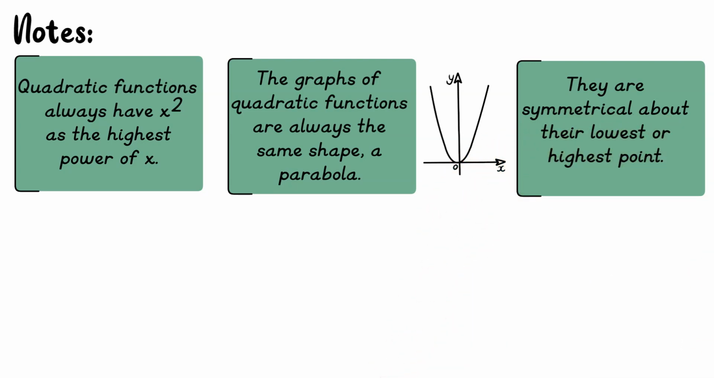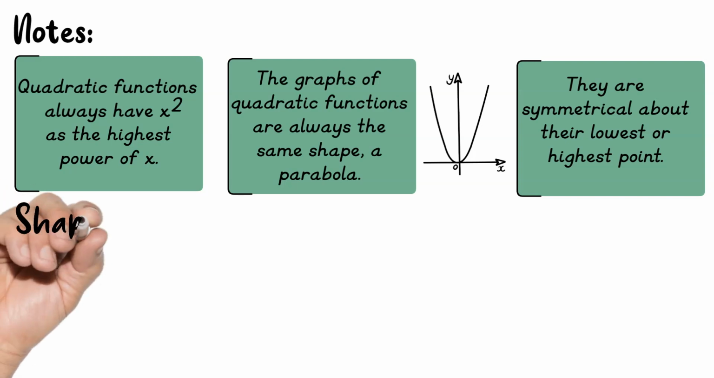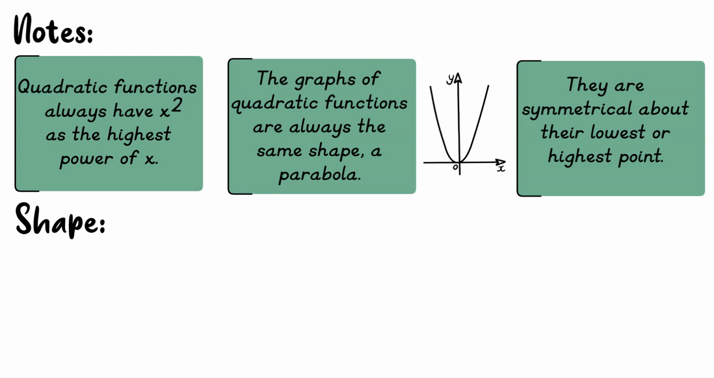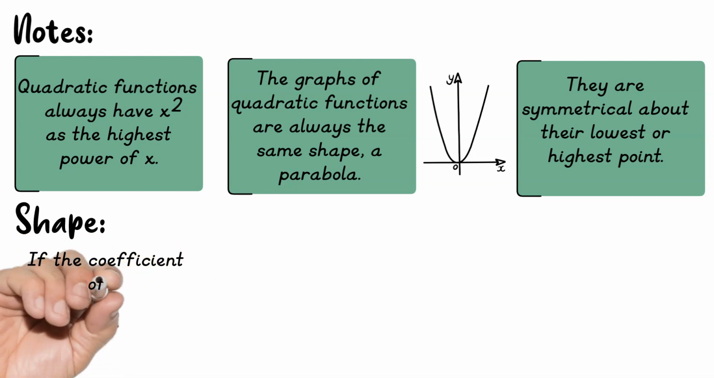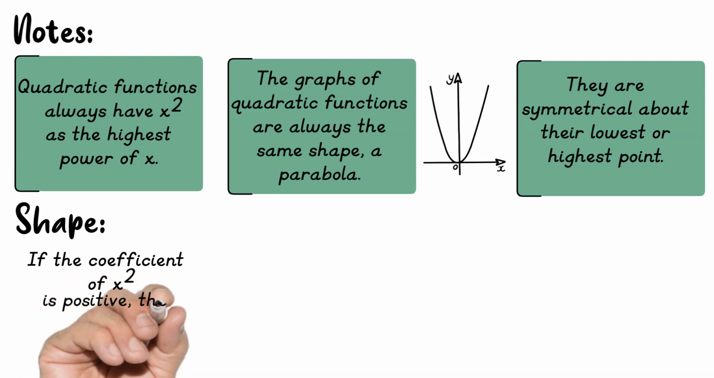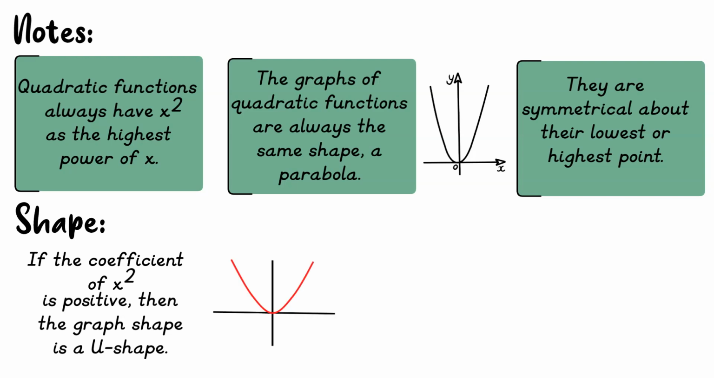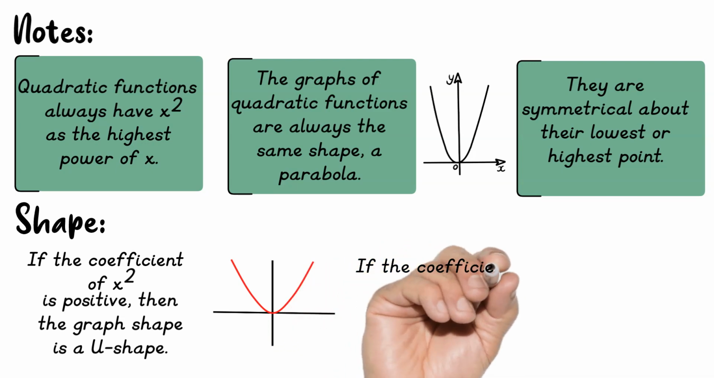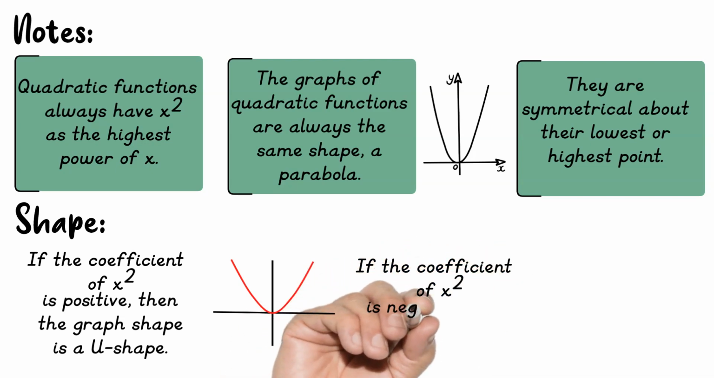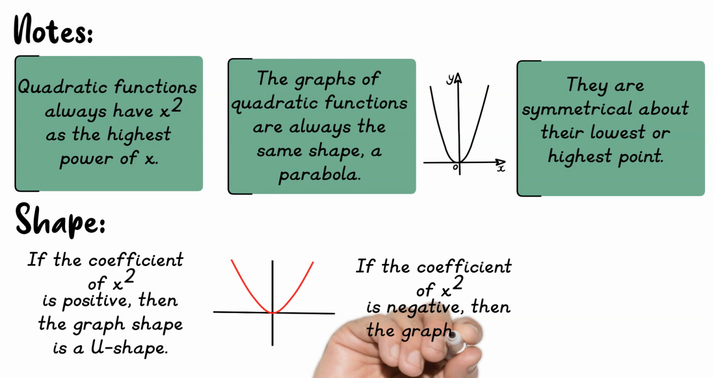So there are two different shapes that you can get with quadratic graphs, and it all depends on the coefficient of x squared. And that's just the number in front of x squared. So if the coefficient of x squared is a positive number, then the graph shape is a U shape, like this. But if the coefficient of x squared is negative, so there's a negative number in front of x squared, then the graph shape is upside down in an N shape,